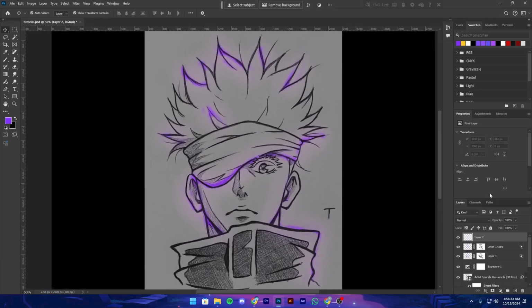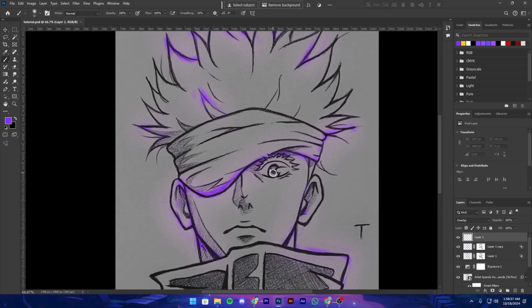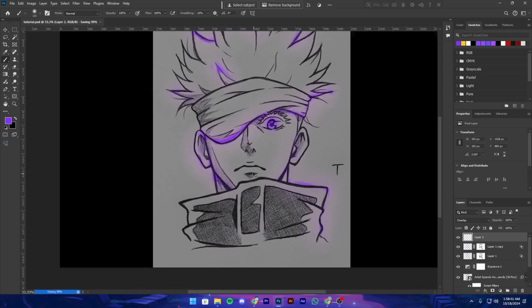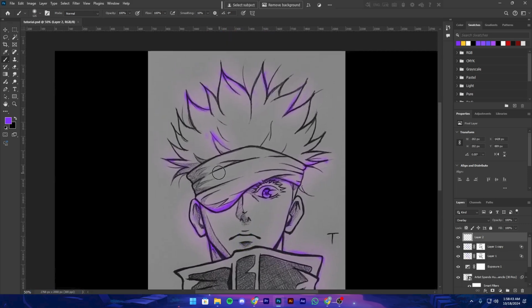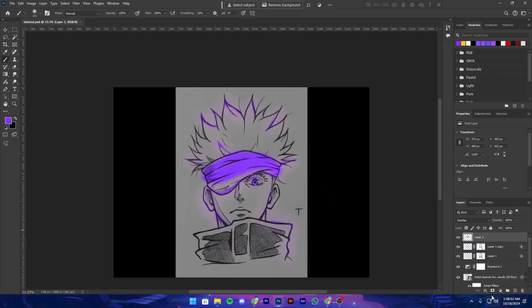Then I'm gonna again add an overlay. Then I'll add some glows to the eye. Alright, and maybe some glows to this headband. Okay, and this will be perfect. Alright guys,